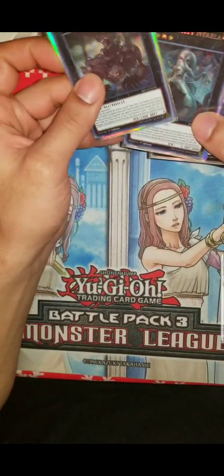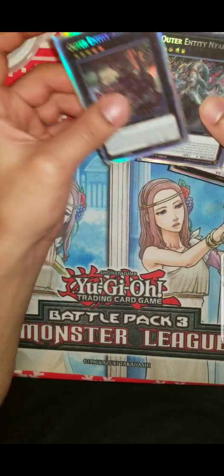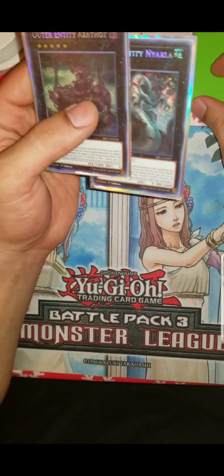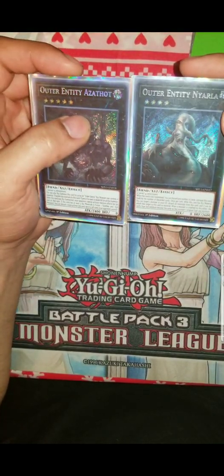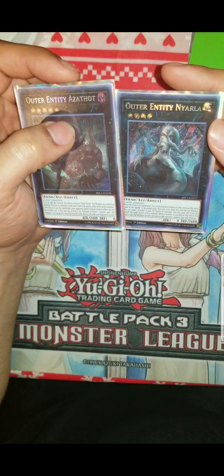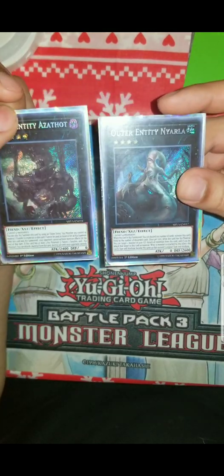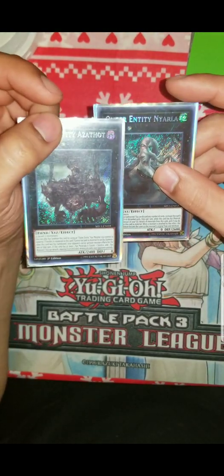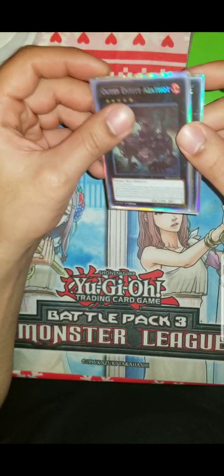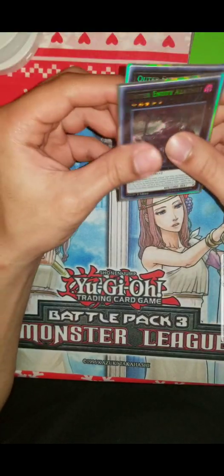Next, you guys could take this one out, but I just threw it in there because I thought it comes in handy, just in case your opponent has like a Ghost Ogre or something in their hand. I like to play Outer Entity Nyrla and Outer Entity Azathoth. You go into Nyrla first, and then Azathoth, and just stop them from using any hand traps. You could take this out because this deck doesn't really